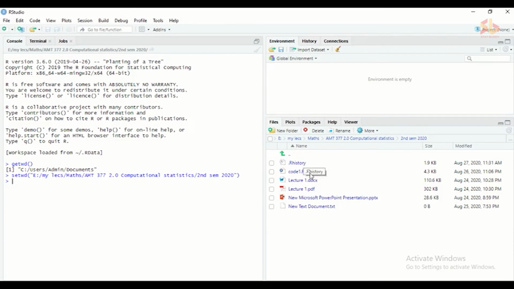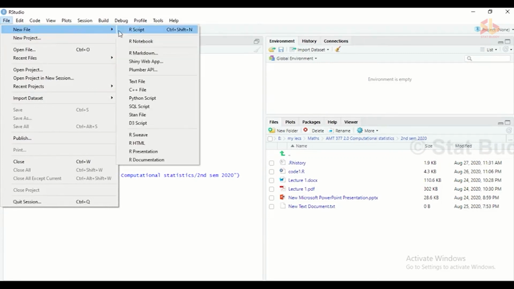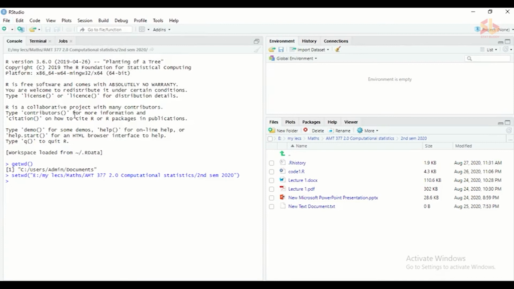In my folder I have some files. Here you can see the .R extension, which means that is a script file. Before going to that, I will show that in New File we can have R script, R notebook, and even C++, HTML, SQL and Python languages as well.